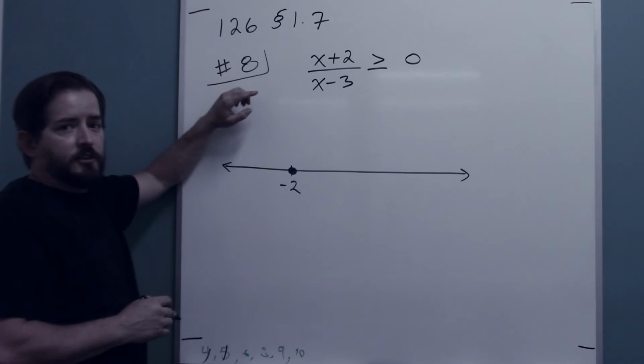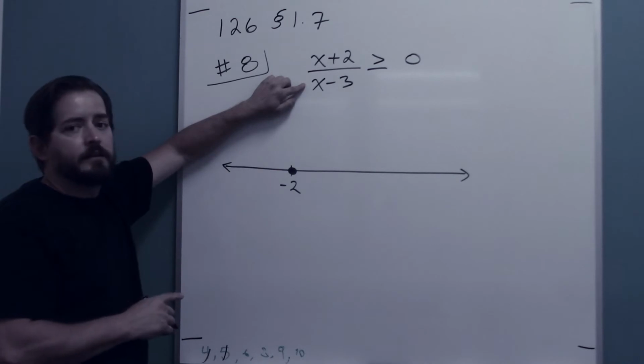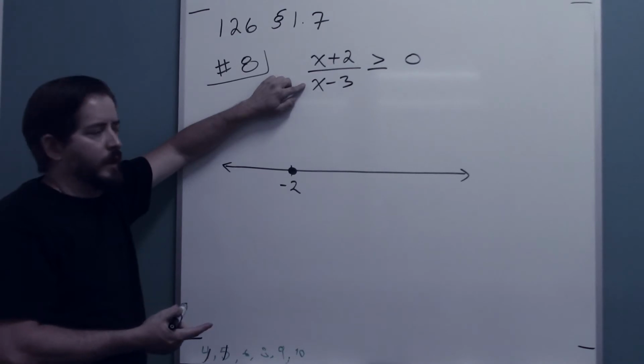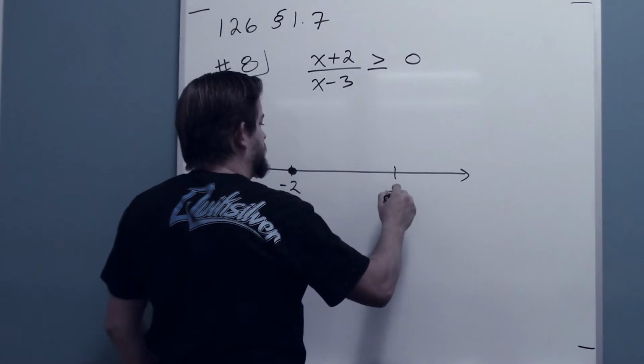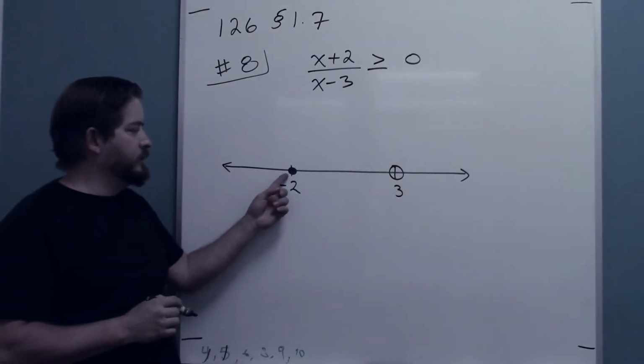I also have an issue when x is a positive 3, because then I have 3 minus 3, which is 0, but it's in the denominator. So it's not a 0 of the function. It's not in the domain. So at x equals 3, I have an issue. So I'm going to just mark it with an open, right? If I mark it with a closed here, that means it is a